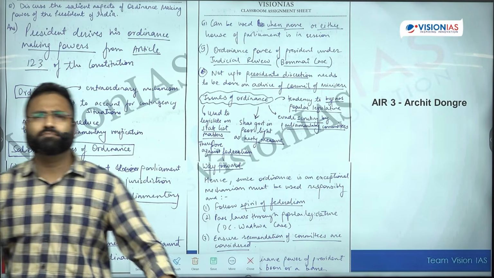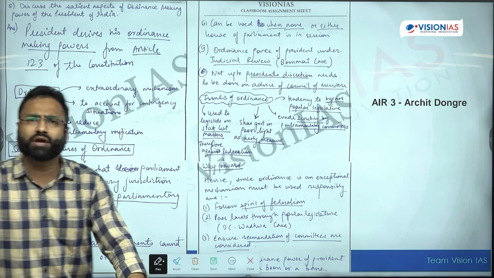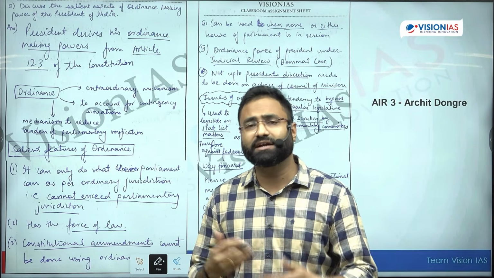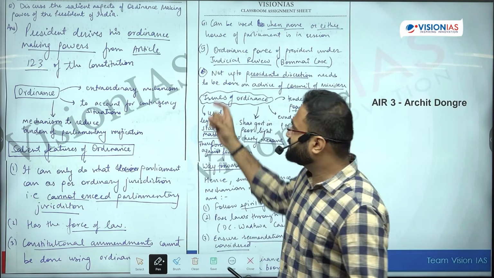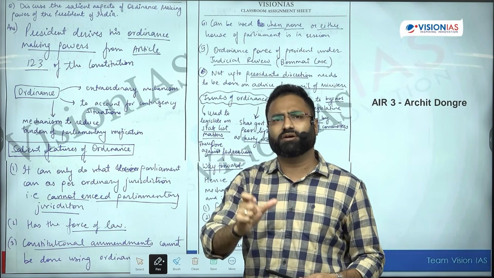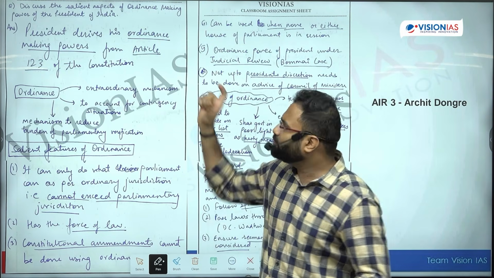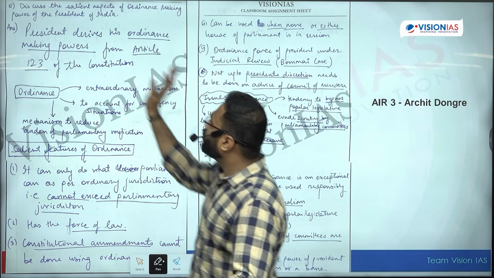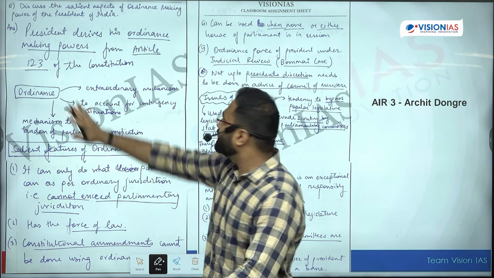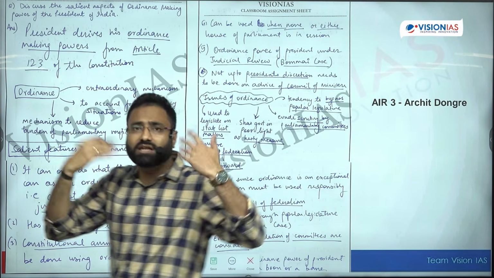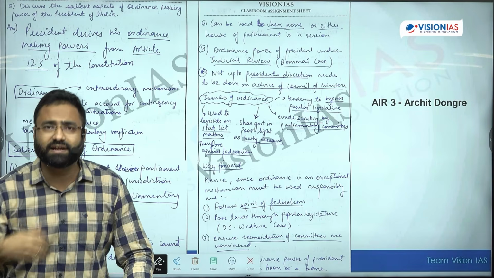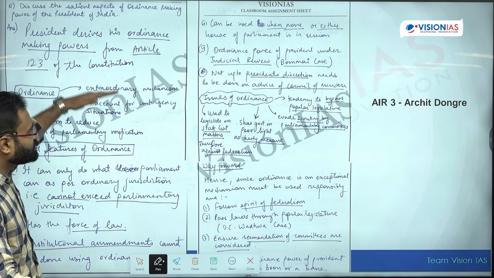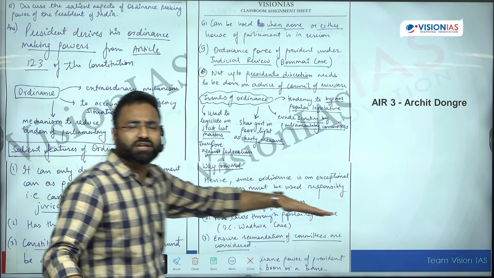Now, in India, is the President the only authority who can promulgate an ordinance? No, there is the state governor also. There is an article related to the state governor also. But since in the class it was mainly the President that was covered, and that might be the topic of the class, Archit has talked about the President's power. He has given the constitutional article. That reflects his thought process and his gathering of thoughts about that. Then in the entire answer, he has structured his answer. He has quoted certain case laws.